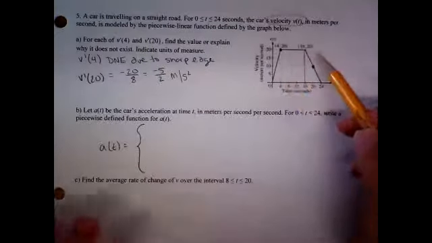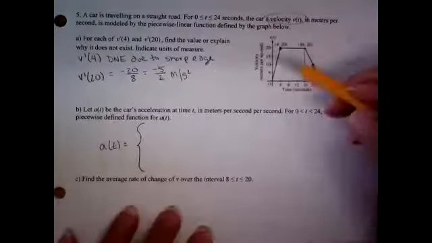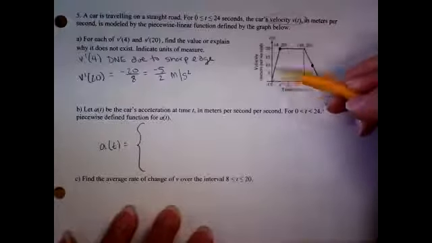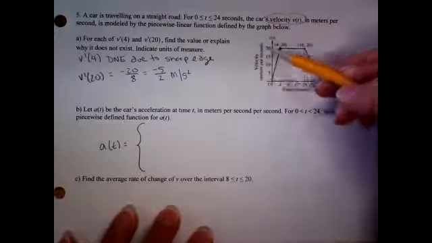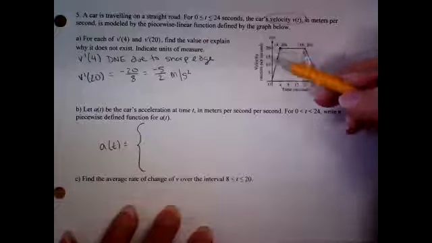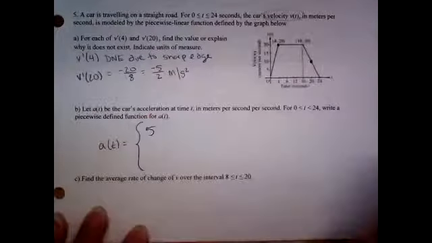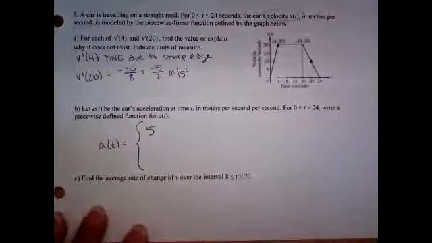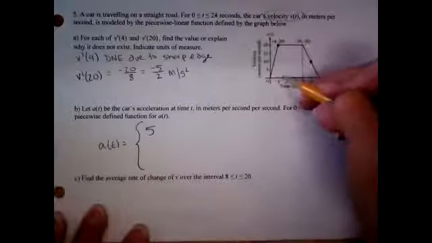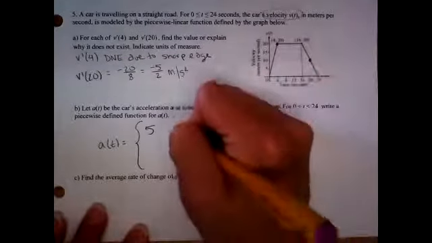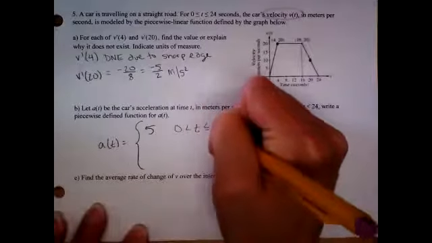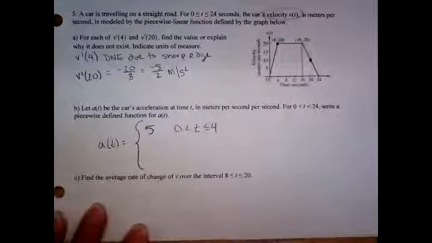Yeah, 3 different linear equations. All you have to do is put the slope for each one. So what's the slope of this section? Well, it went up 20 over 4, so 5. And then you have to say from where to where. So from 0 to 4. I didn't include the 0